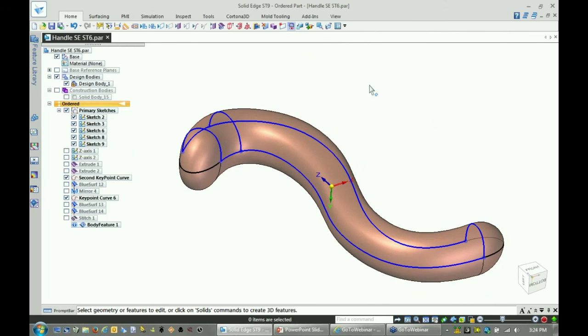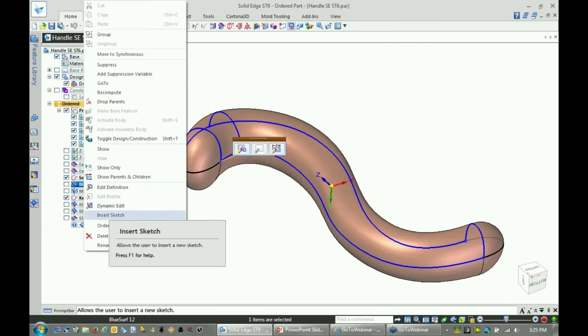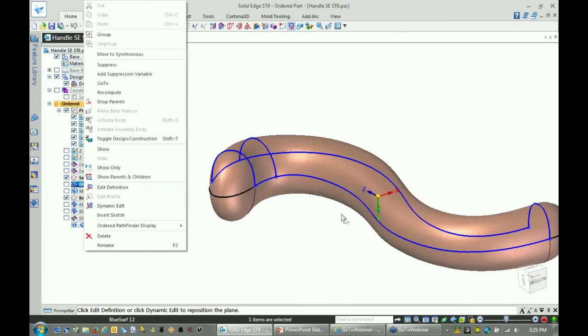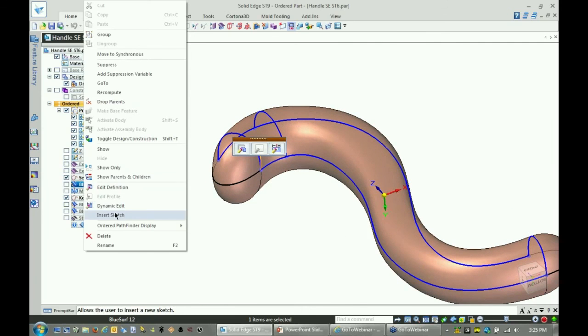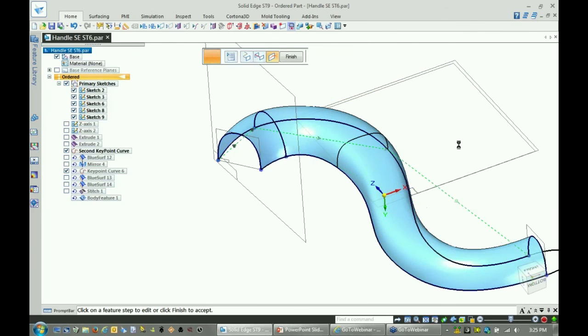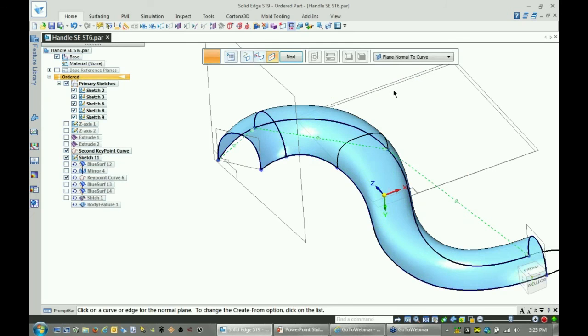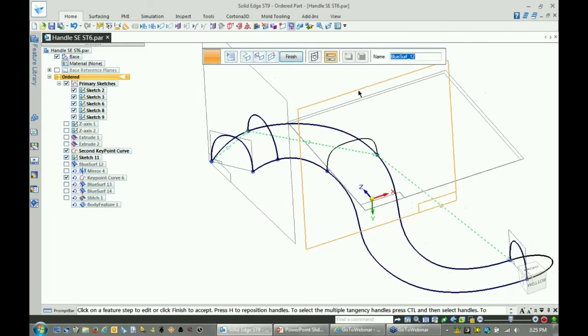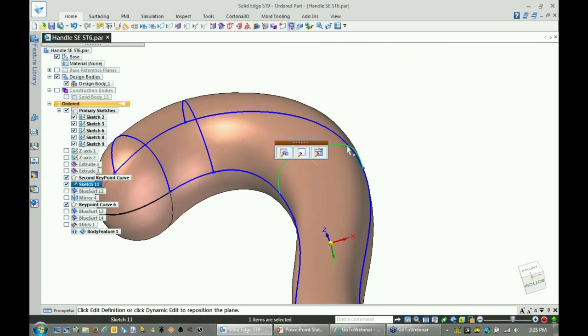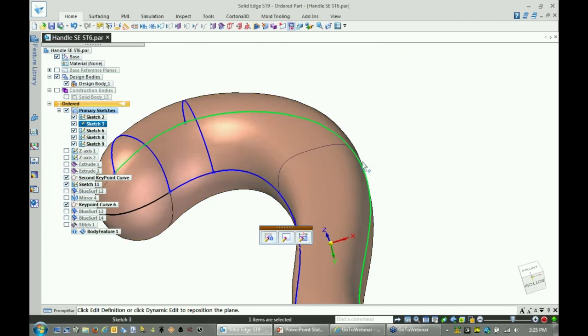Another powerful side of this, let me save it. Another powerful side of this BlueSurf functionality is that it doesn't matter how many features below in the feature tree, you can always come back and say, I want to include an additional curve, because maybe in this area I want to control the shape better, maybe make it wider or thinner. I can insert a sketch, and conveniently the system rolls back in the feature tree to the appropriate location and inserts that particular curve. Now, if I want to try to adjust this curve to control my shape,